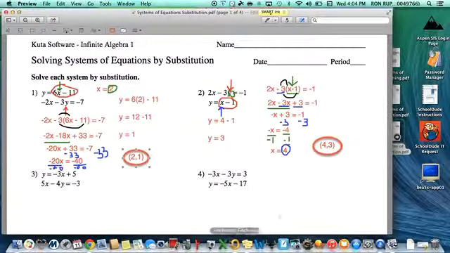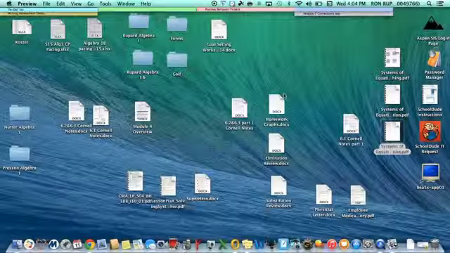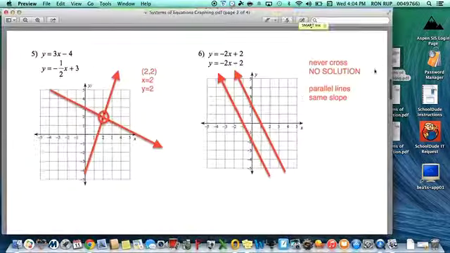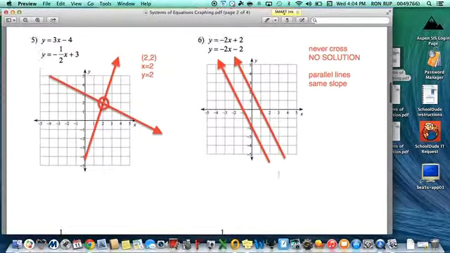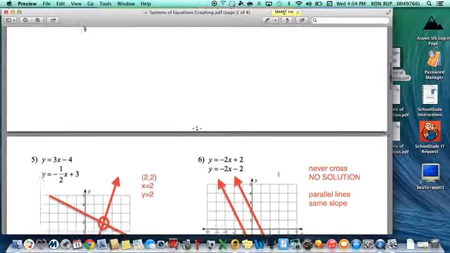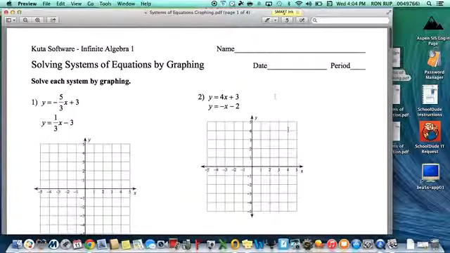I mean, this is a lot of work going on. But let me show you a situation where I think it actually works out to our advantage. So let's go back to the graphing worksheet. That's this first one here. And I want to go all the way to number 2. This one right here. Now, we could plot these lines and graph them, and they would intersect at a point,